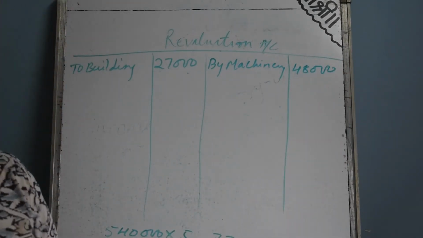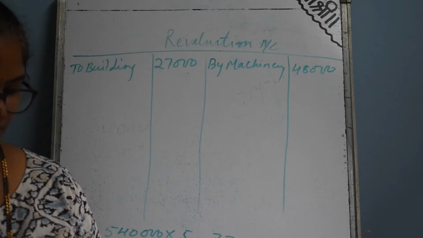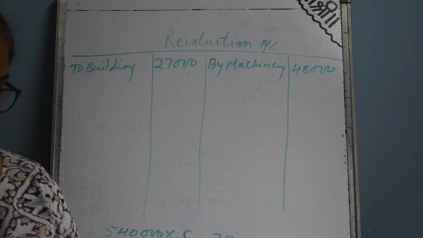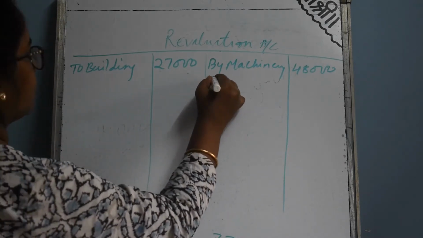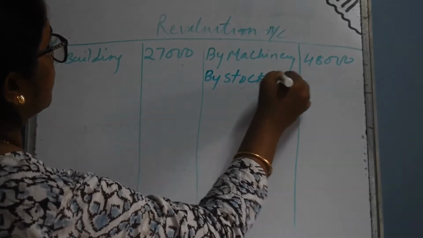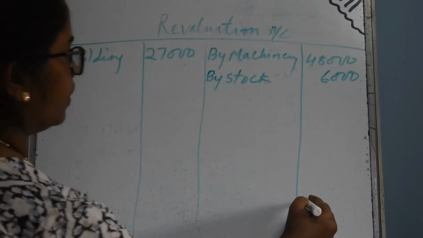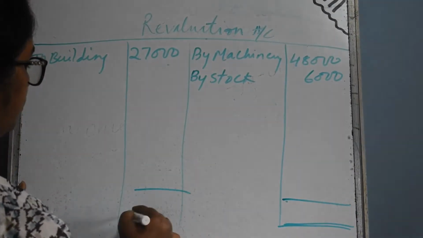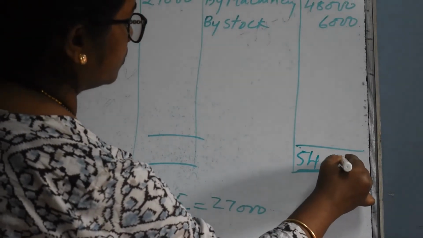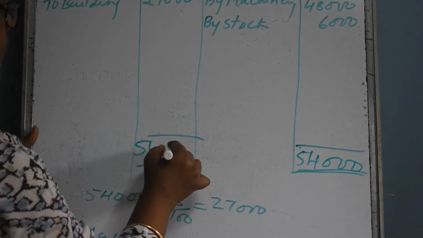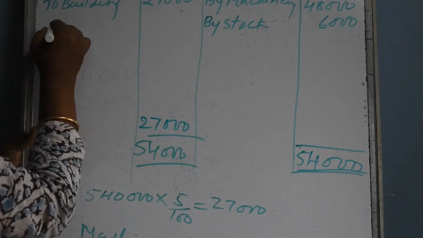And in the old balance sheet you mark the adjustments there also, wherever adjustments are there. Stock is revalued at rupees 80,000. Stock in the old balance sheet is given 74,000. And now after the adjustment it became 80,000, so there is an increase. So by stock 6,000. So no more adjustments. If these adjustments are over, in total this side is more. 48,000 and 6,000 is 54,000. So your problem has a profit. So 54,000 minus 27,000 is 27,000, and you distribute it